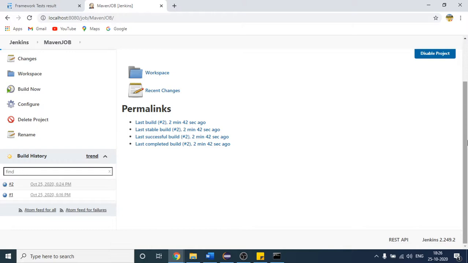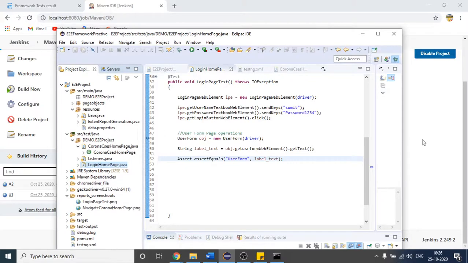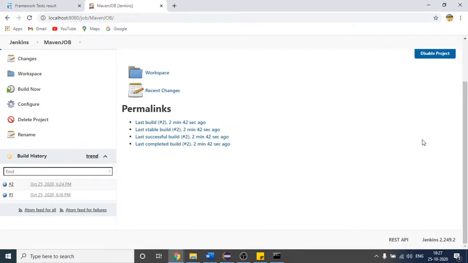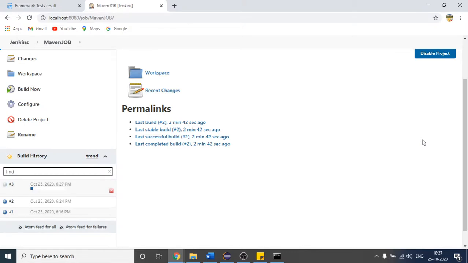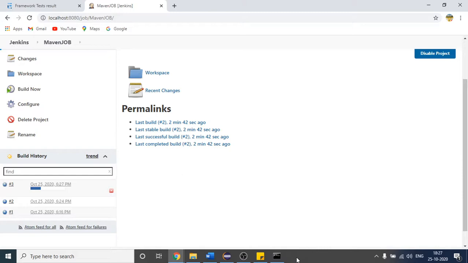And this time we are going to see that report generation, right? Here that report I have deleted, right? So these are the screenshots. The report is not present. So automatically your old test cases will run in a similar way. You can see that it has automatically triggered the test cases. If I show you, this is the first, it will fail because I am failing that with the help of assertion.